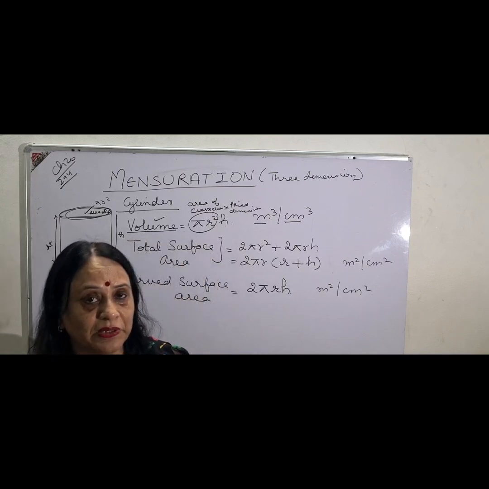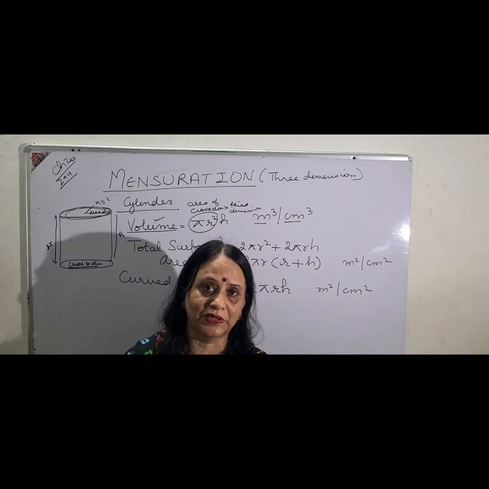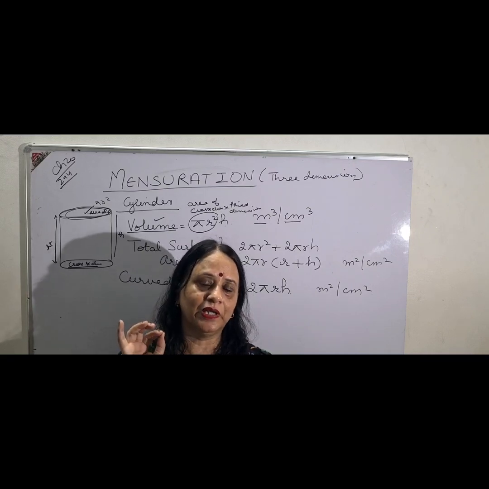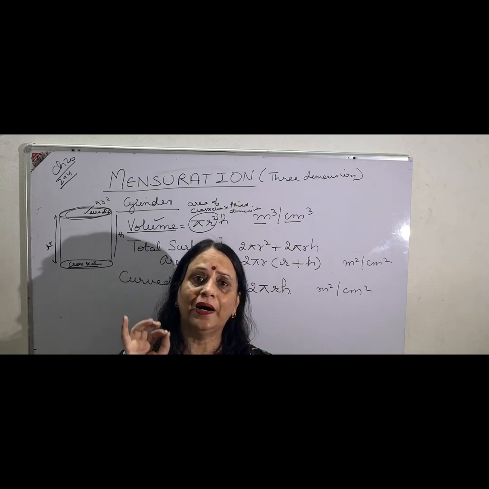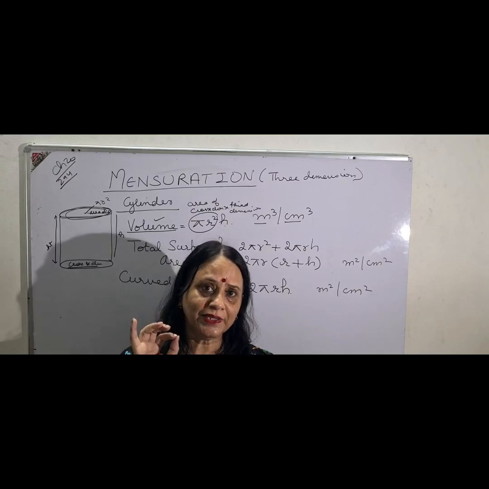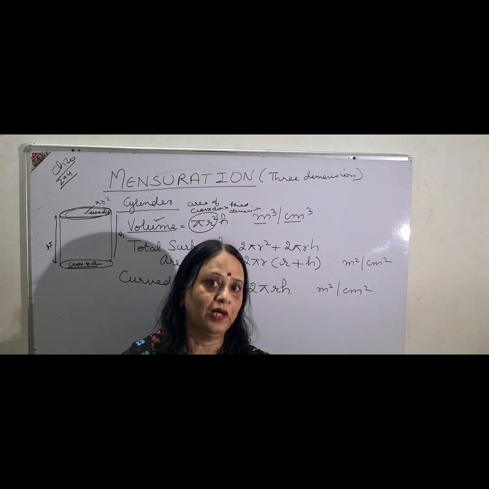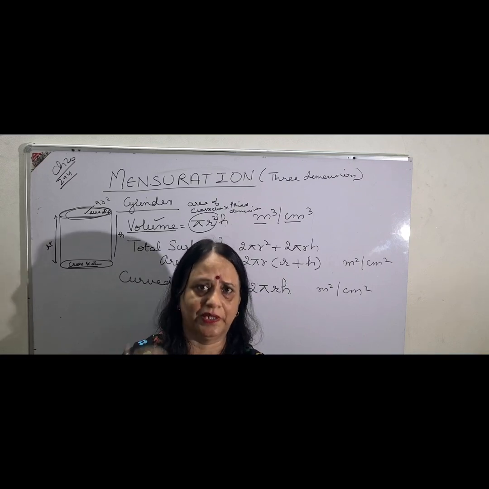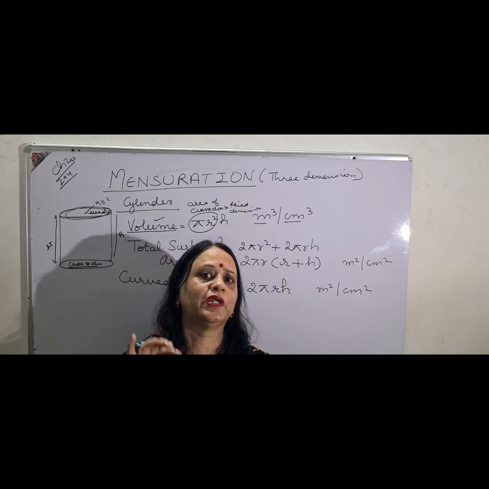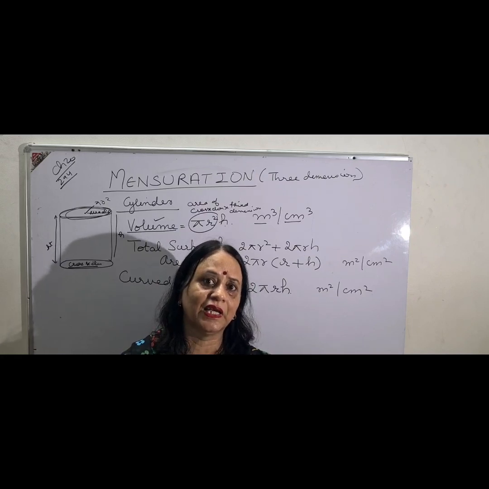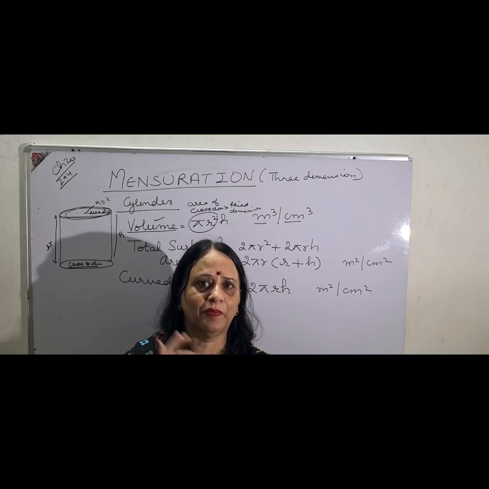The mistake you have made in the paper of the first term is that you have not watched the videos properly. In every video in the last unit, I told you where the marks will be cut. After repeating so many times that in matrices your marks will be cut if you do not write the order, or if you do not write the rules, still, children, 80% of you have not written it. Now I am going to put up the solution of the paper. You match the solutions with your answers, and you will come to know where your marks have been cut.